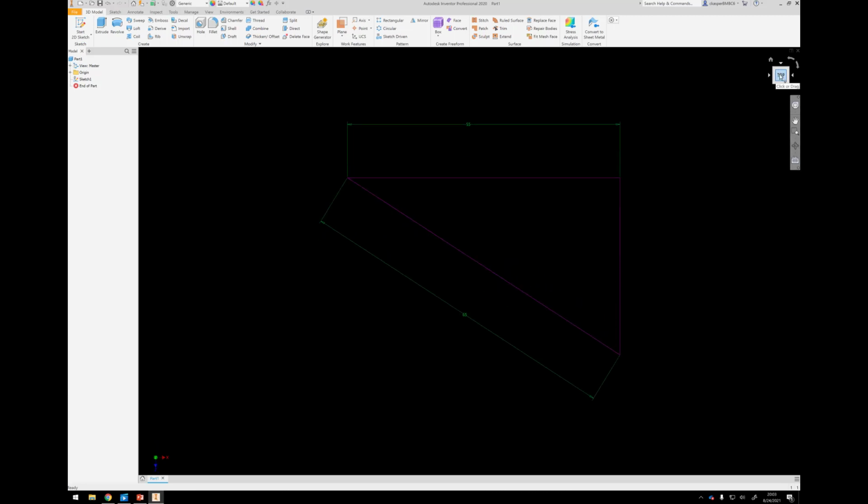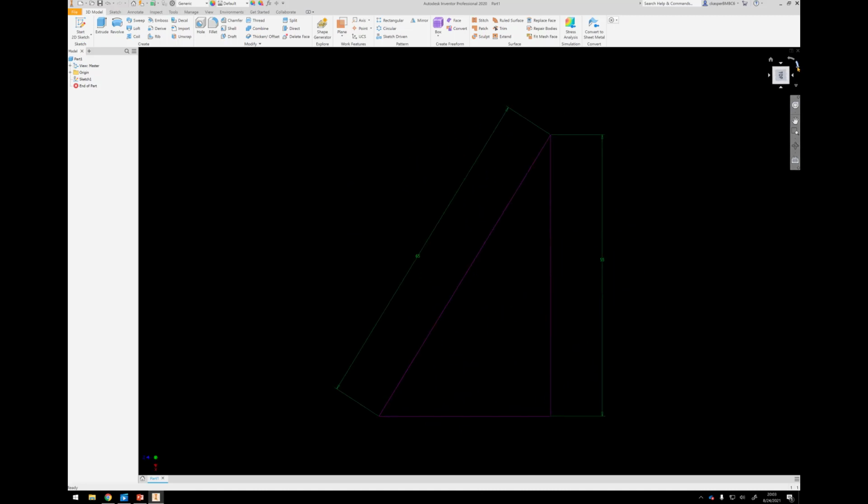If I click up here and say go to top, this is the top down look, from the top looking down. Now notice it was the bottom earlier and now it's the right side. You can rotate this sketch by clicking on these arrows, and now it's the way we drew it. So we can do things like extrude, loft, we can do all these other commands,